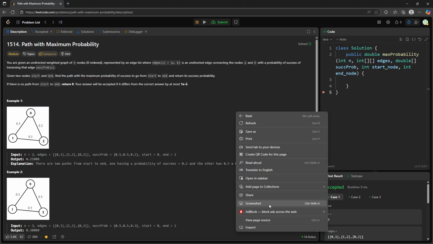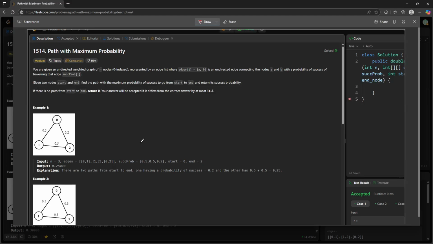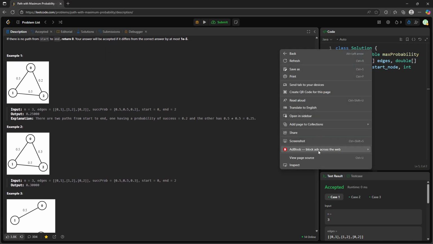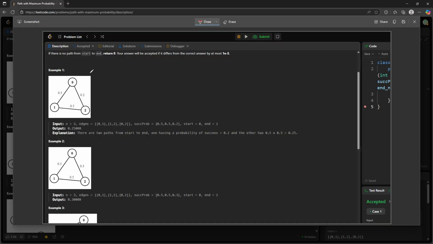So I'm going to explain the idea pretty fast. So for this question, I'm going to jump to two examples. Maybe I can screenshot this together. Alright, so in example 1, the answer will be 0.25. How do I get this? So let's see. From 0 to 2, I do have by default 0.2 because I can get the weight,